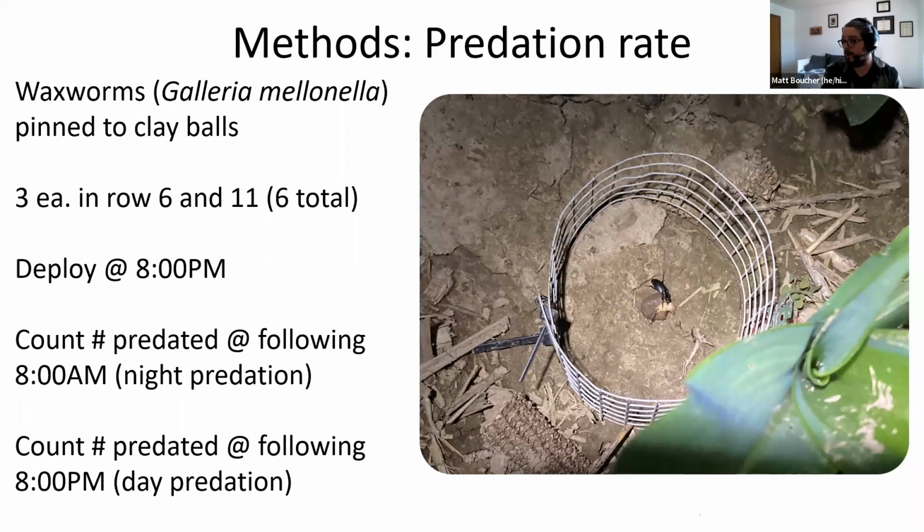We deploy them at 8 p.m. one day, then 12 hours later, we check them. That gives us an indication of nighttime predation. And then 12 hours after we check for nighttime predation, we check again, and that gives us a measure of daytime predation. Predators mostly come out at night, so we're going to see higher nighttime predation, but across the board, we get an idea of total predation activity in the